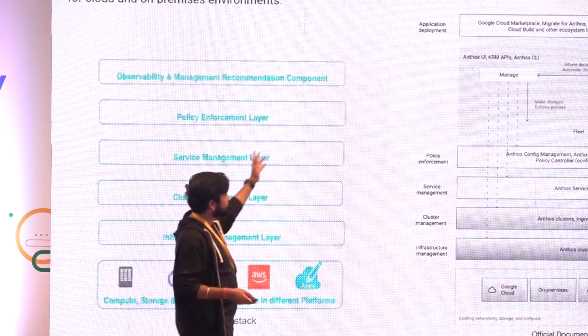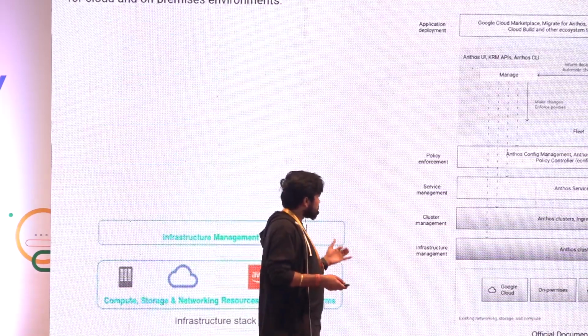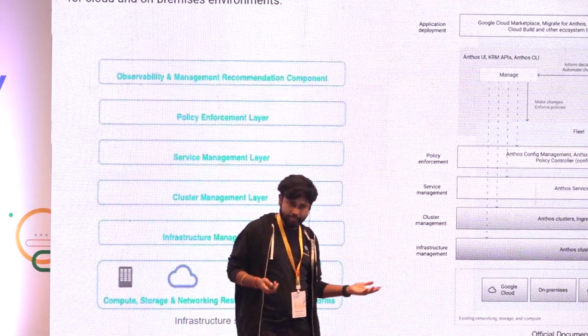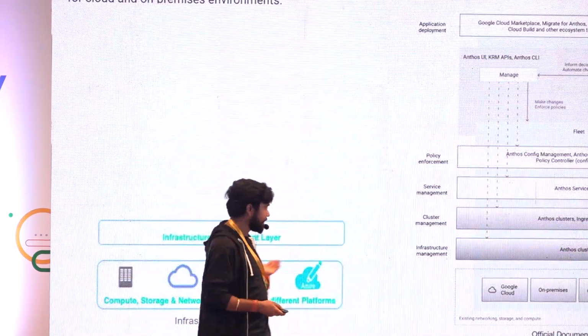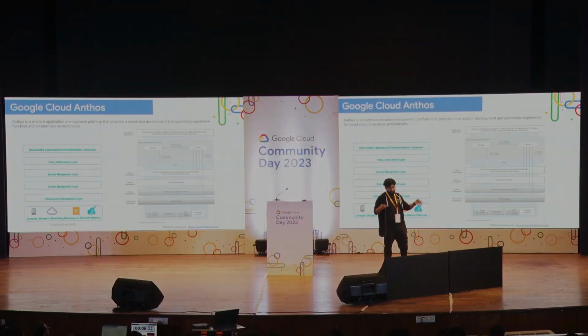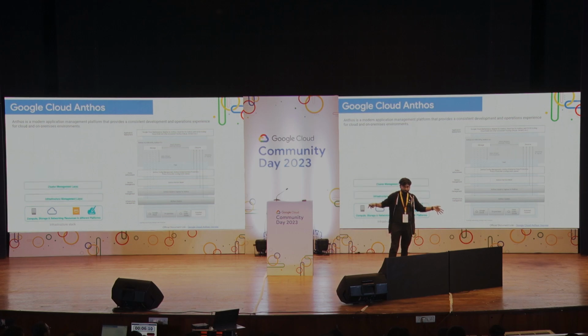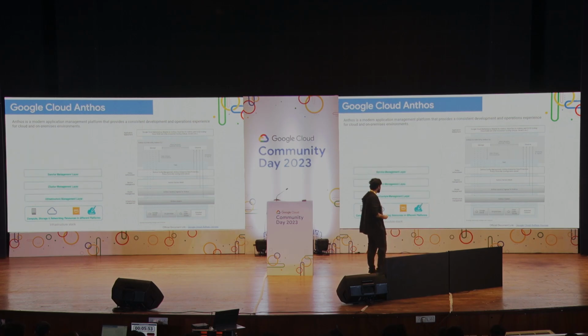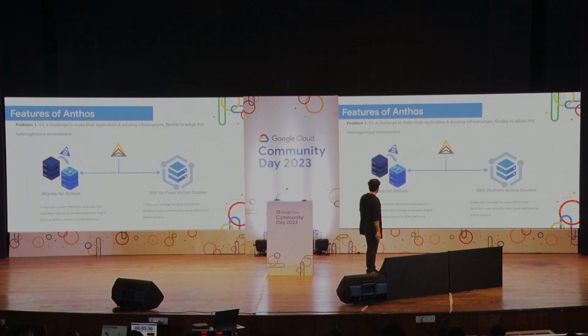In the same manner, Anthos Service Mesh offers services so that you can manage every level. Let's suppose you want to manage the networking between hybrid clouds. We have Anthos Service Mesh with multi-cluster ingress, so that you can route your traffic to different clusters present in different environments. Some clusters are on AWS, some in Google Cloud. You can route the traffic using this feature. So let's dig deeper into Anthos.